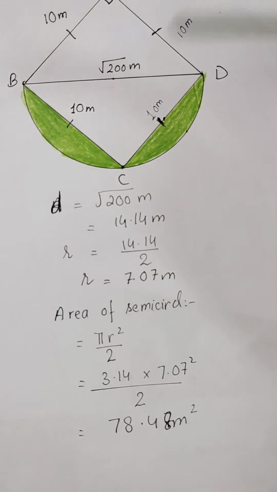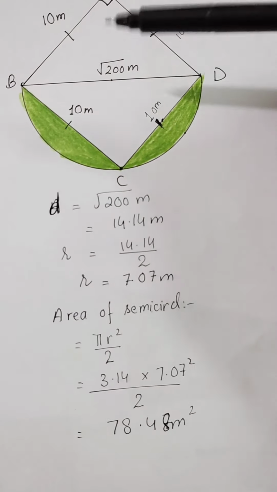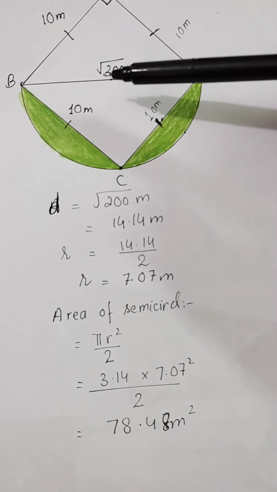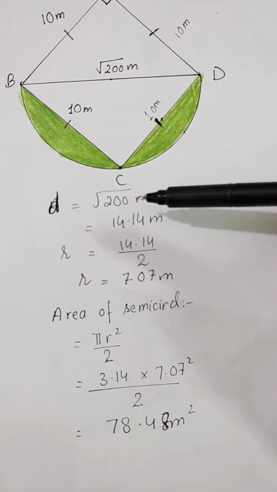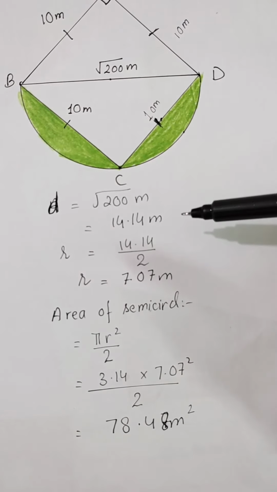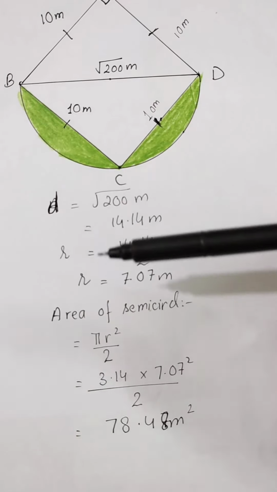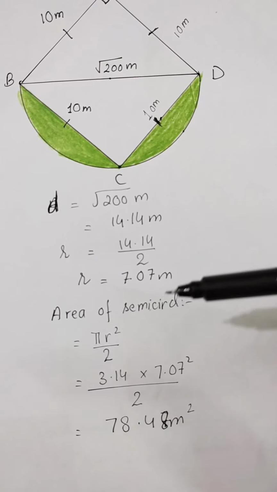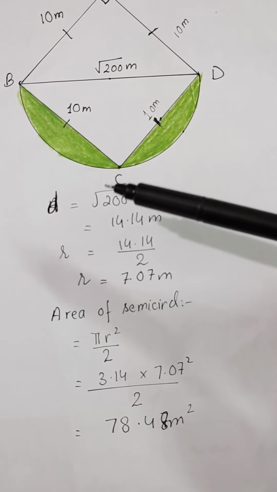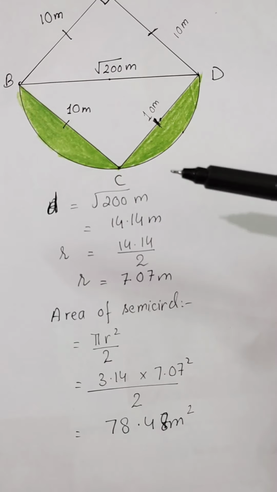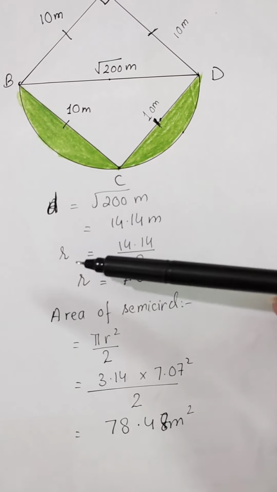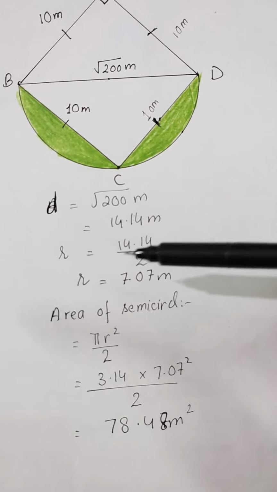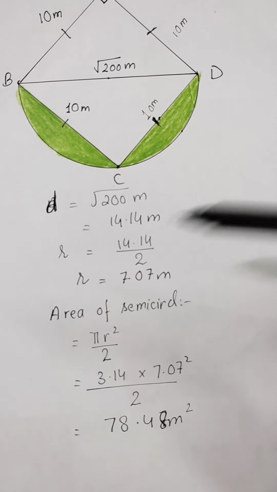The semicircle is BCD, and the diameter of the semicircle is root 200 meter. Root 200 meter is equal to 14.14 meter, and in the formula we will use the radius. The area of a semicircle is pi r square, so instead of D we will use R. How can we find the value of R? R is equal to 14.14 divided by 2, because the radius is always half of the diameter, and you will get the answer